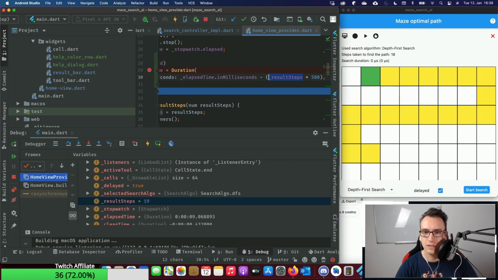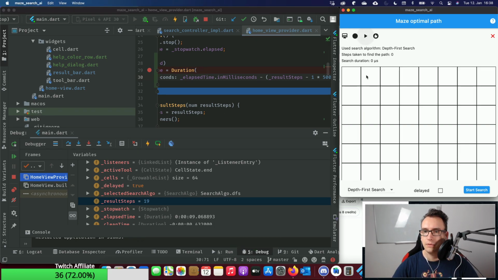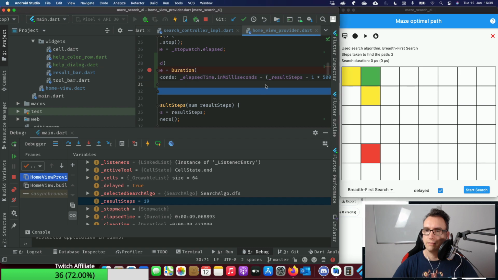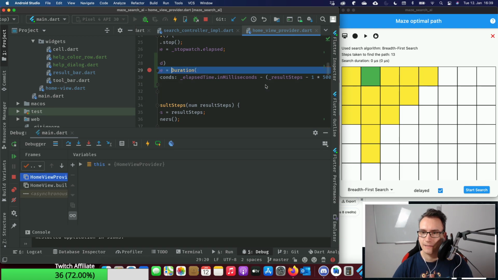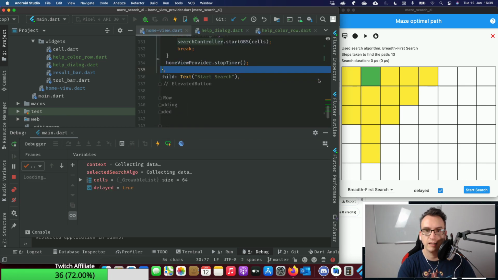So what we can do is make this result steps minus 1 and then times 500. Maybe this works. Let's take the breadth first search just because it's faster. And let's see where we come to, if this now makes a bit more sense.